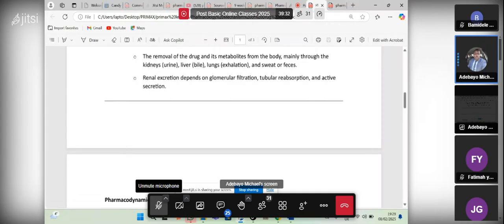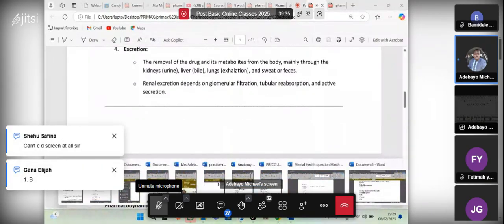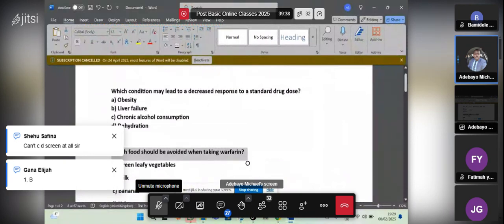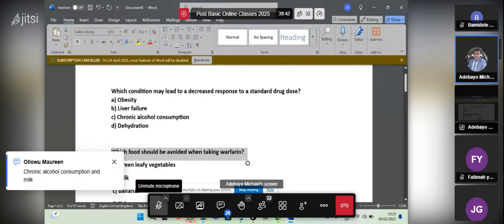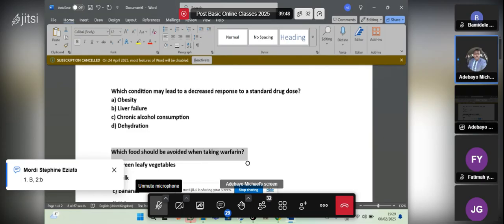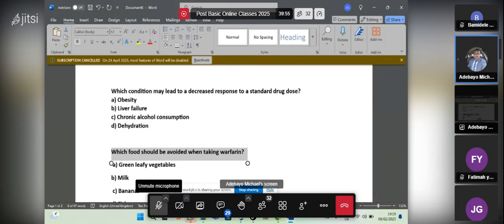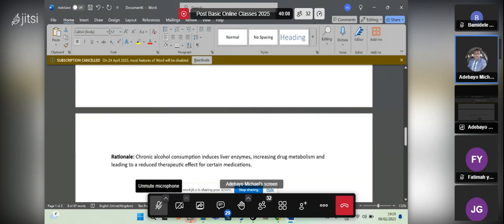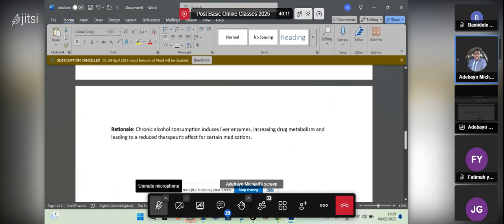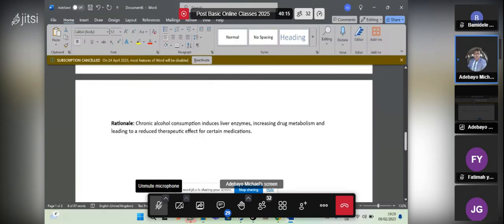Let's answer those questions though. So the answer to number one, actually, there are three conditions that may lead to a decrease in response. Number one, obesity might, because of the surface area and all of that, but it's not significant. Another thing is liver failure, especially metabolism, just like we said. But the answer is actually chronic alcohol consumption, and this is the rationale down here. Chronic alcohol consumption induces liver enzymes, increases drug metabolism, and leads to a reduced therapeutic